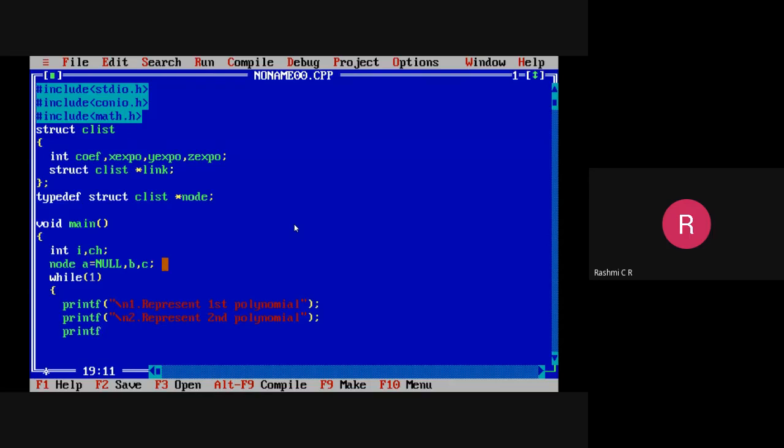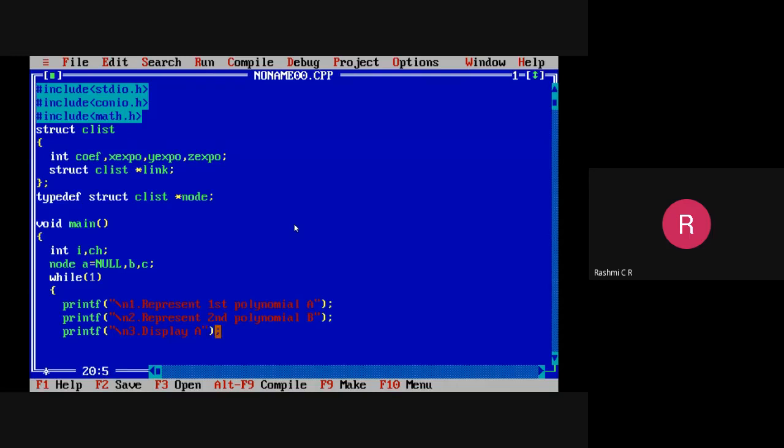Then after representing, we have to display that. So third, we will go with the display of A. Okay, first represent first polynomial. I'll just consider first polynomial as A. The second polynomial is B. Okay, so third operation is to display A, that is the first polynomial.